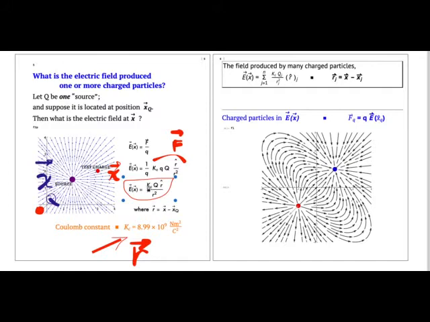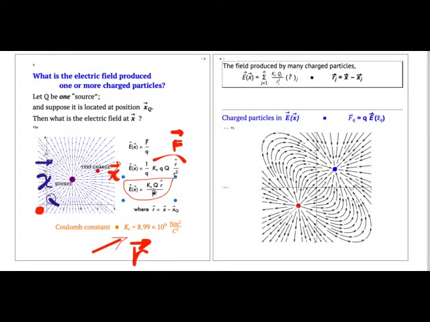Force is kqq over r squared, r hat. Electric field is kq r hat over r squared, because the second charge, which comes into the force equation, cancels out when I divide through by the charge. Again, K sub c is Coulomb's constant. That's 8.99 times 10 to the 9th Newton meters squared per Coulomb squared. Now that's the electric field created by one